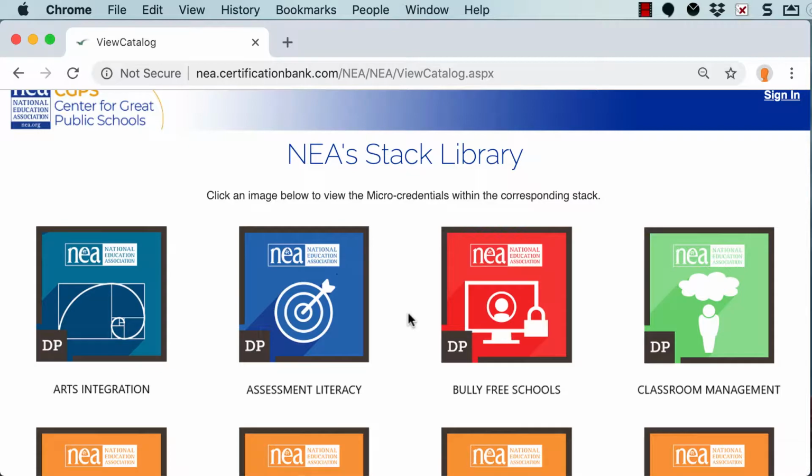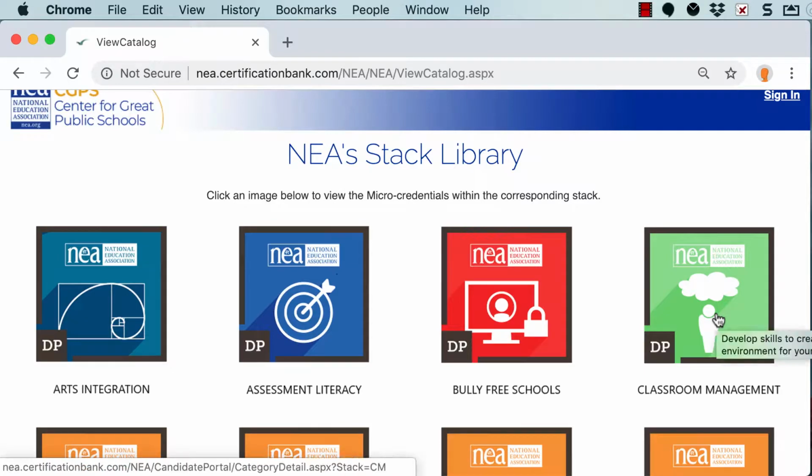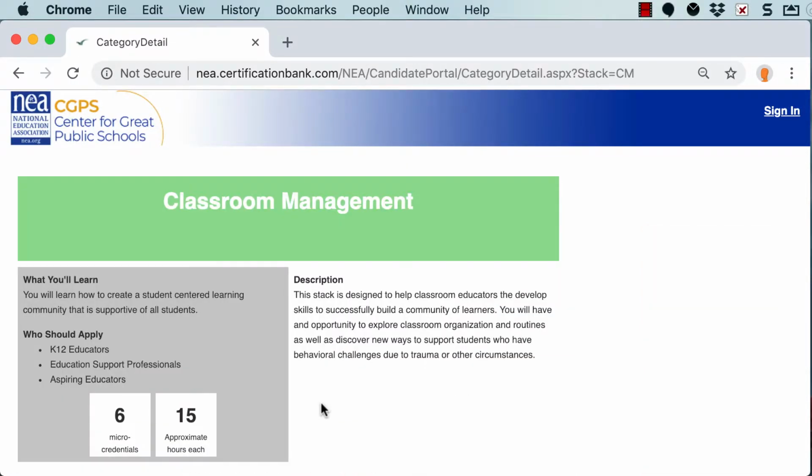And then when you find a topic that you would be interested in looking at the details of, click the icon. So I'm going to click Classroom Management. You're taken to a page of the details of the Classroom Management stack. It talks about what you'll learn, how many micro-credentials are in this stack, and how many hours approximately each micro-credential